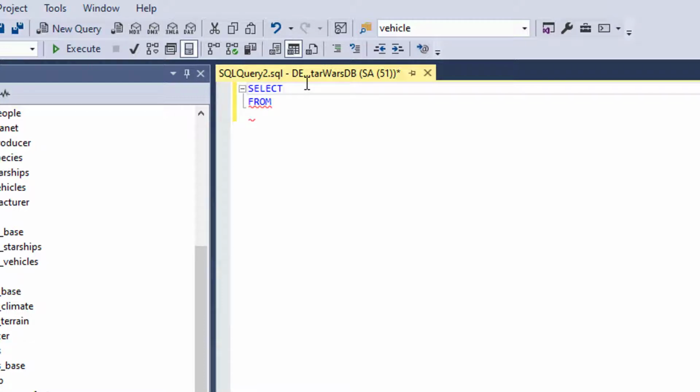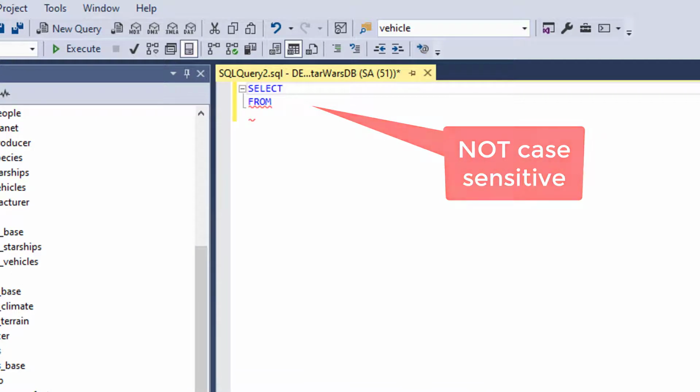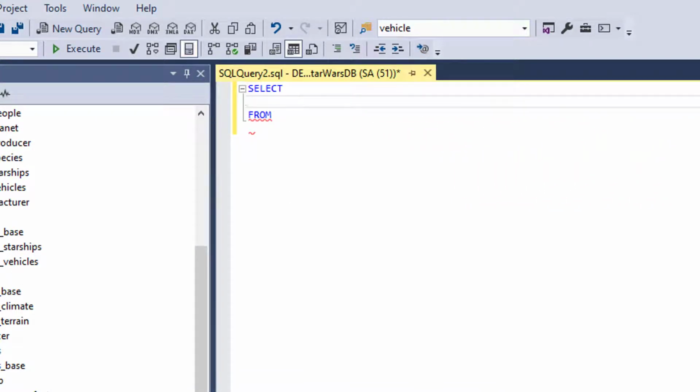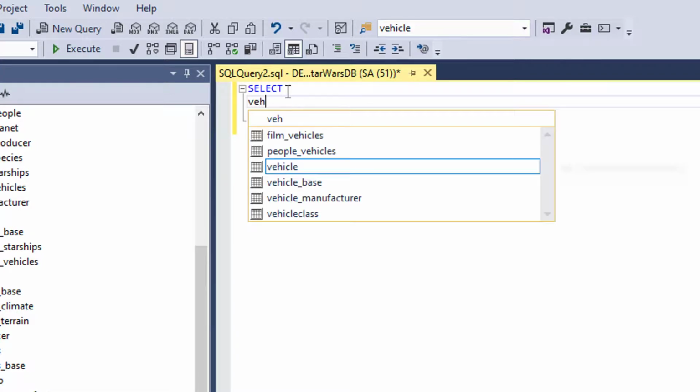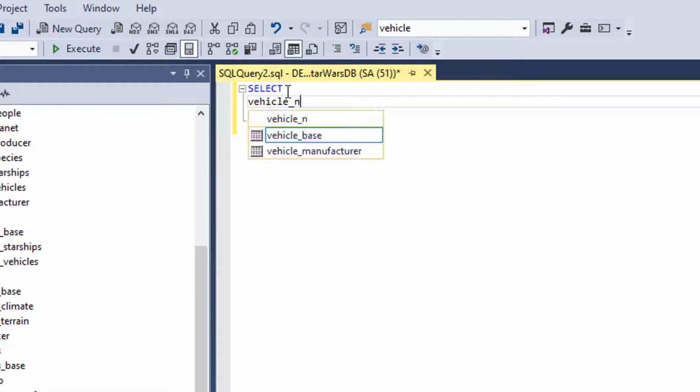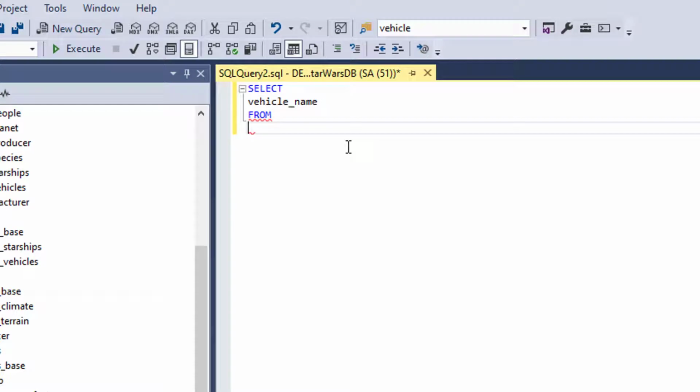Now, it's in caps, but SQL, when you're writing the commands, they are not case sensitive. However, they may become case sensitive a little bit later on in a where clause. So let's go ahead, we'll type select. Now, what are we going to select? Select means retrieve. So we're going to retrieve the vehicle name. So all you do is type vehicle name,